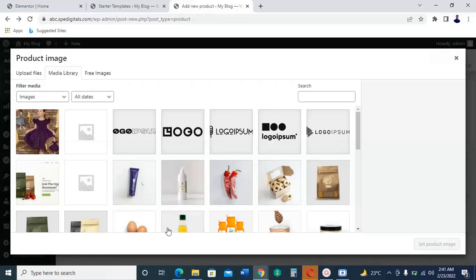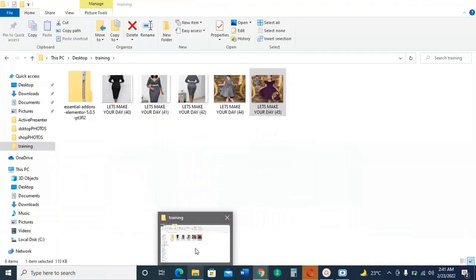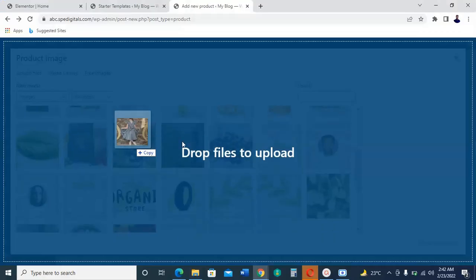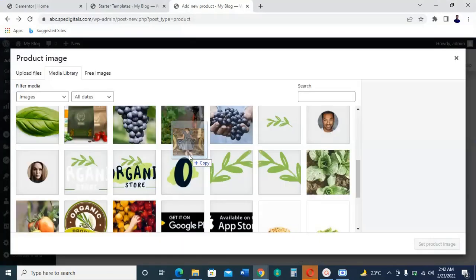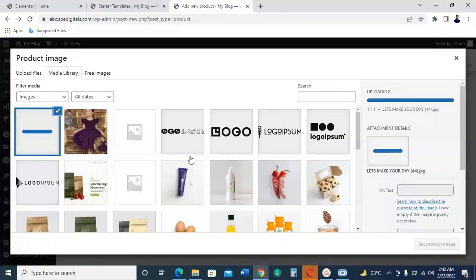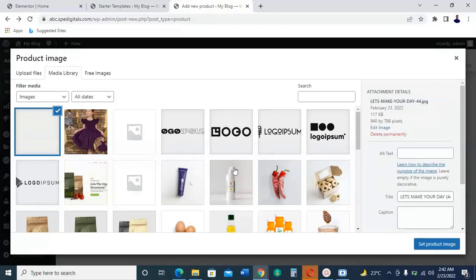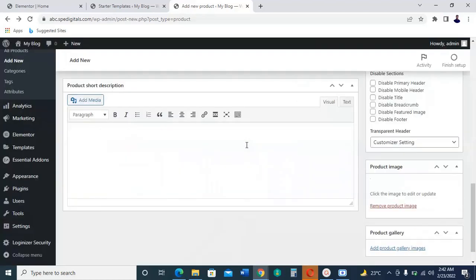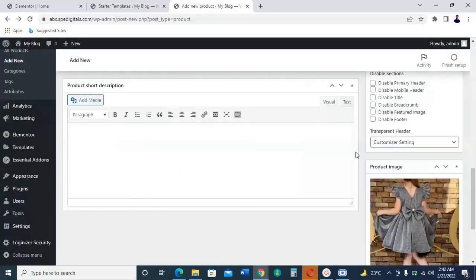So let's pick this particular product here. Put it here. I click on set product image. Okay,